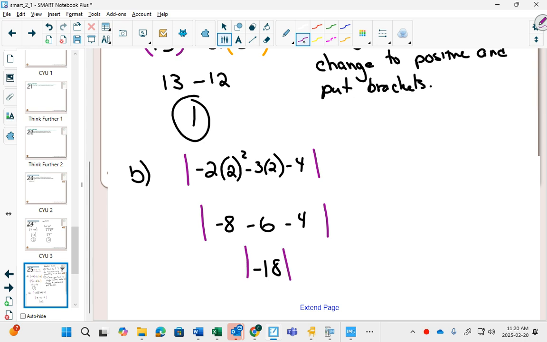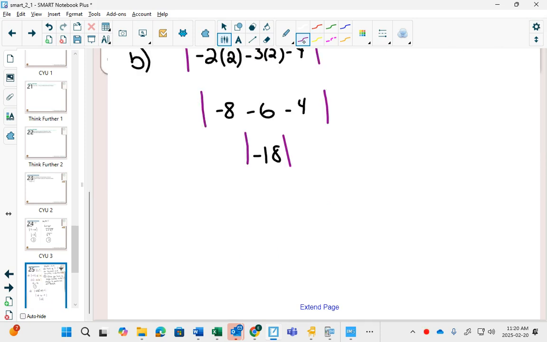And once you get that single number, then you can apply what absolute value means: how far away is that from 0? Make it positive, and our answer is 18. So I'll get you to circle questions 12, 13,